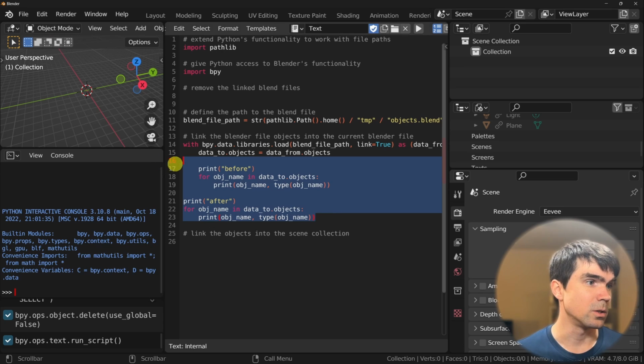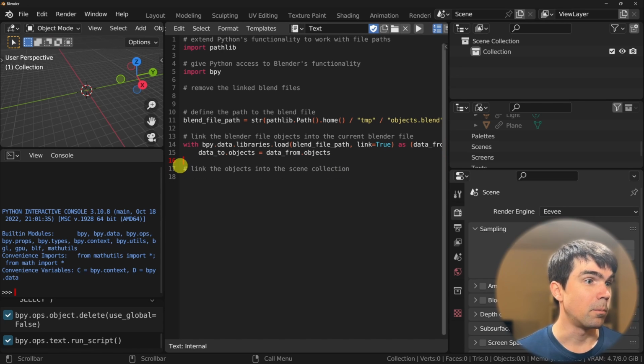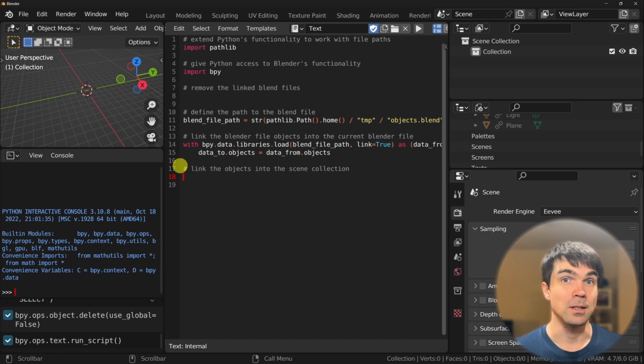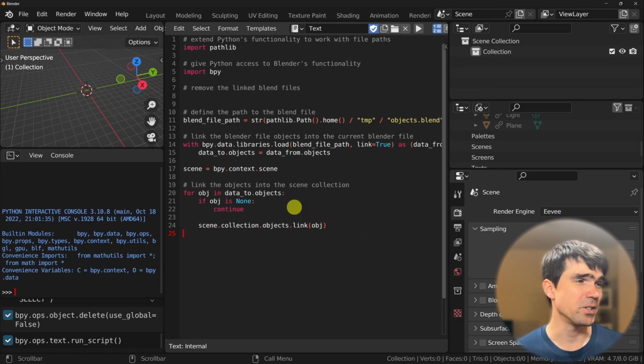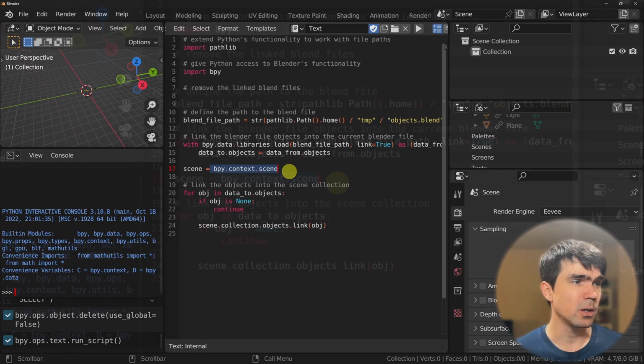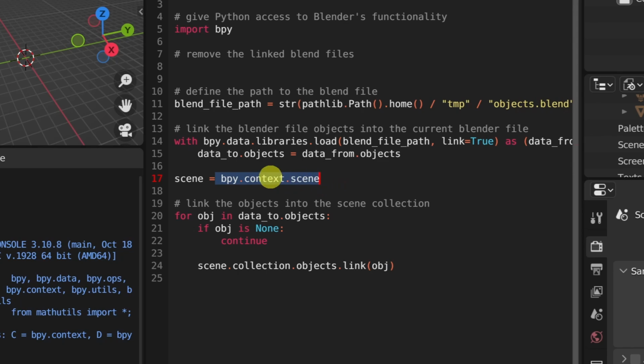I just wanted to illustrate a point. And now let's go ahead and link those objects into our scene collection. And here's the code. I'm creating a shorthand for our current scene, just creating a variable called scene, and I'll be using it right here. You don't have to do this, you can write the whole thing right here, but I kind of like to